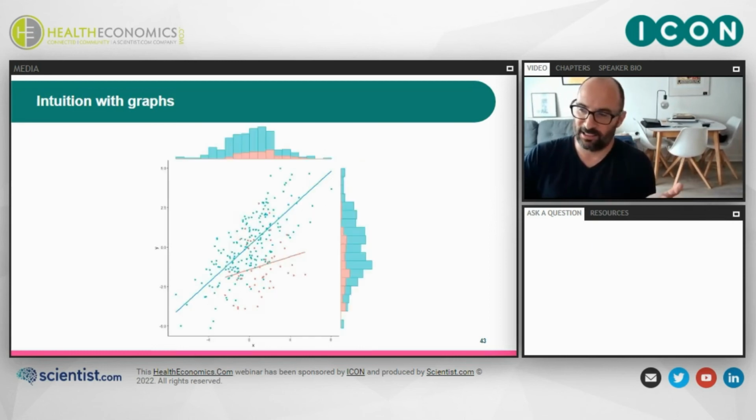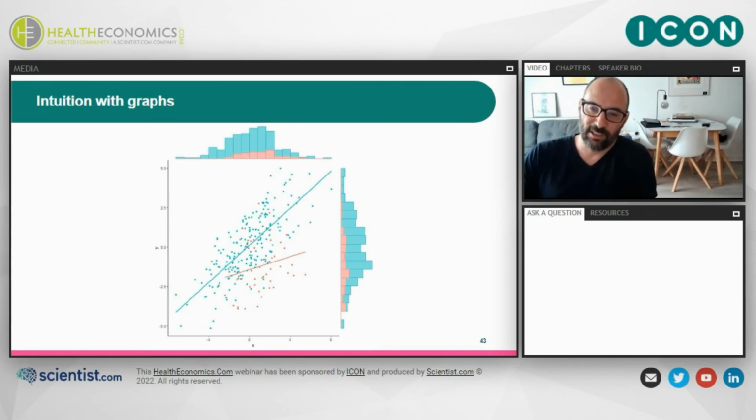So let's extend this, because what we're actually interested in is, imagine that there's a second study for which we only have aggregate data, and that's what I've tried to represent here. Our aggregate data is going to be the stuff in red, and the IPD is going to be the stuff in blue. So we've still got the points of the IPD and the regression fit, but now I'm showing the aggregate data.